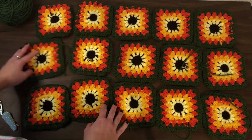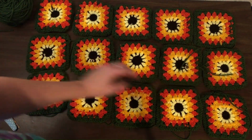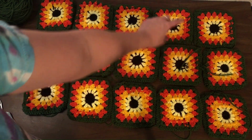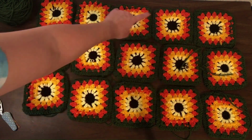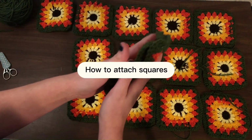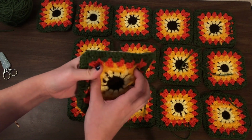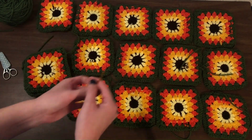After you have them all laid out, we're going to sew up down this line, and we're going to sew this line, and then we're going to sew this way, this way, this way, and this way. So when taking the squares, you want to put the right sides facing each other together. And then grab your needle